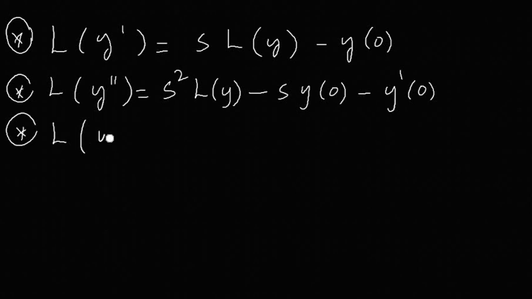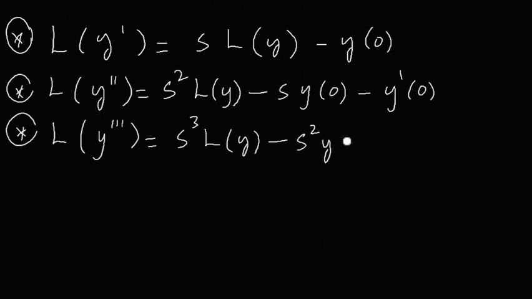First let me write one or two so that you will get a clear idea. S cube. Let me say that the third derivative starts with s cube, and the first term will have the Laplace transform of that function. All the terms after that will be minus, and the power of s will decrease by 1 unit every time. So s square will be coming. Once the first term is L of y, only the first term is L of y. After that L disappears. It will be just y at 0. Next derivative will be coming into the picture.